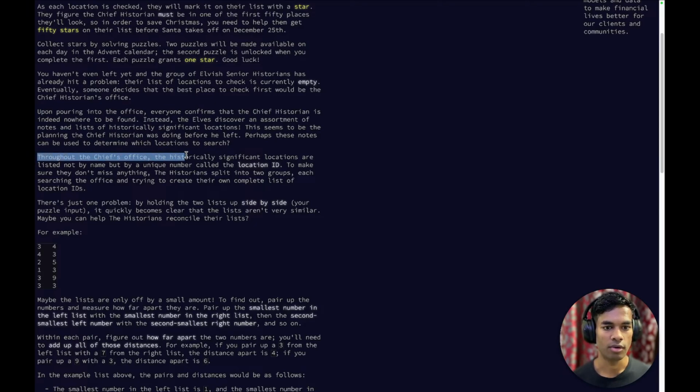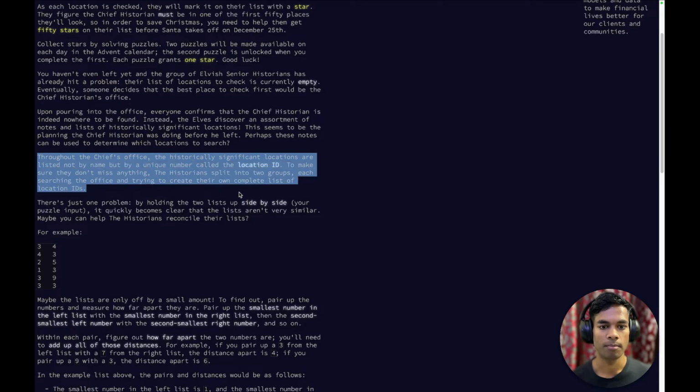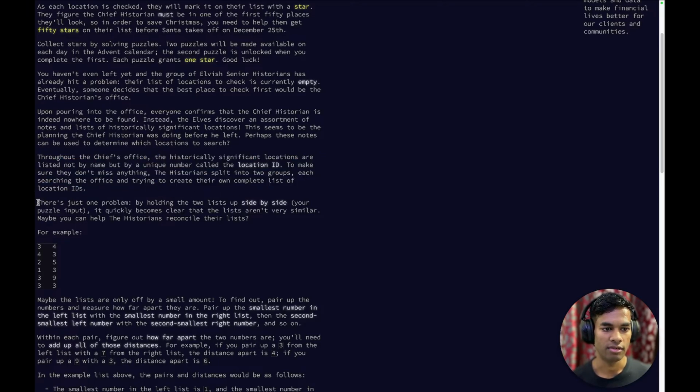Throughout the chief historian's office, the historically significant locations are listed not by name but by a unique number called the location ID. To make sure that they don't miss anything, the historians split into two groups, each searching the office and trying to create their own complete list of location IDs. There is just one problem. By holding the two lists up side by side, your puzzle input, it quickly becomes clear that the lists aren't very similar. Maybe you can help the historians